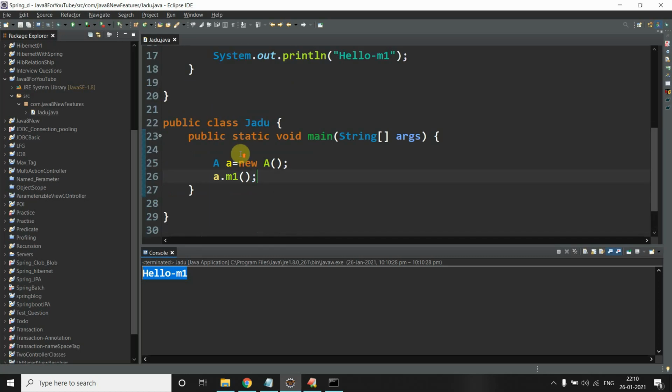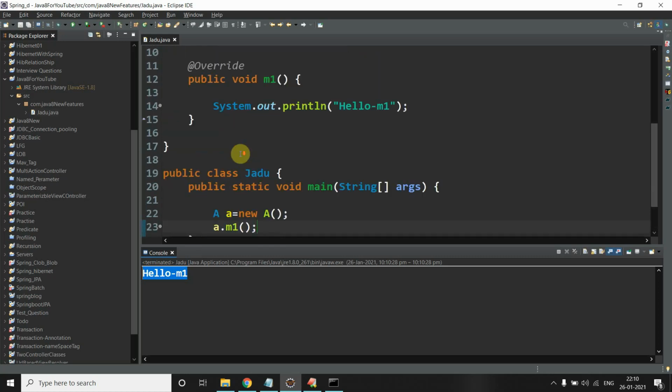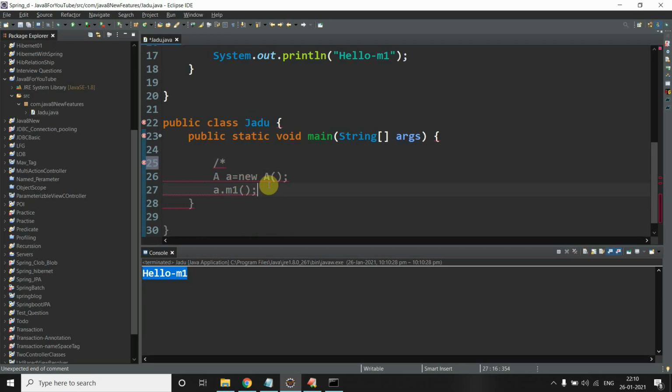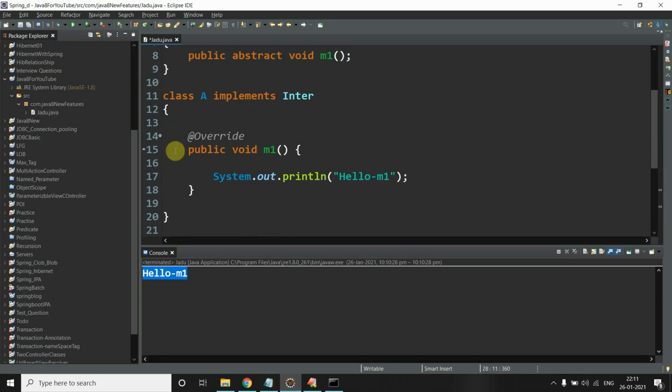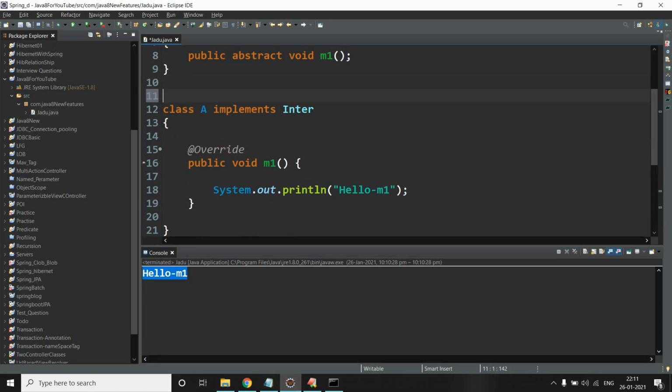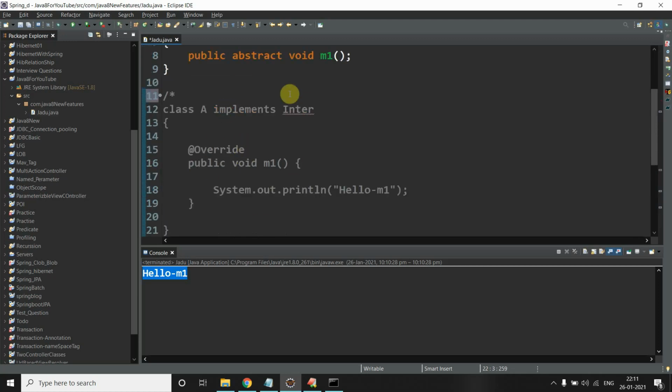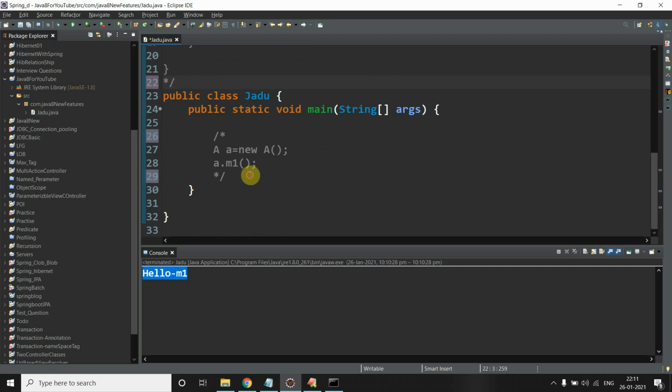Now we will use the magic of lambda expression. We will comment out this code. You can find this code in the description with these notes; I will attach it there, so you can download it from there. Now we don't need to give an implementation in a class; we can directly use it inside the main method. How? Let me tell you.